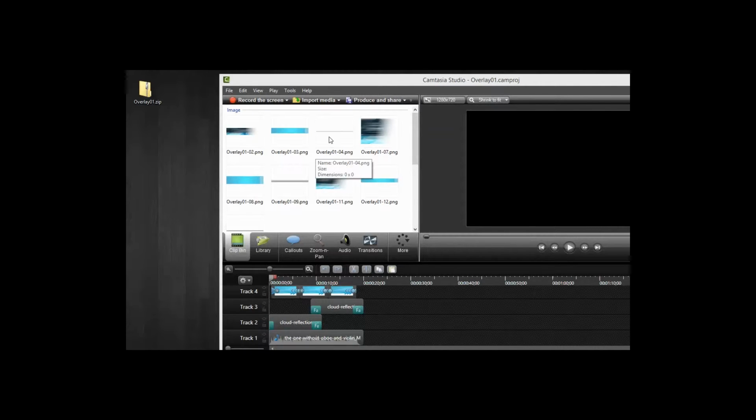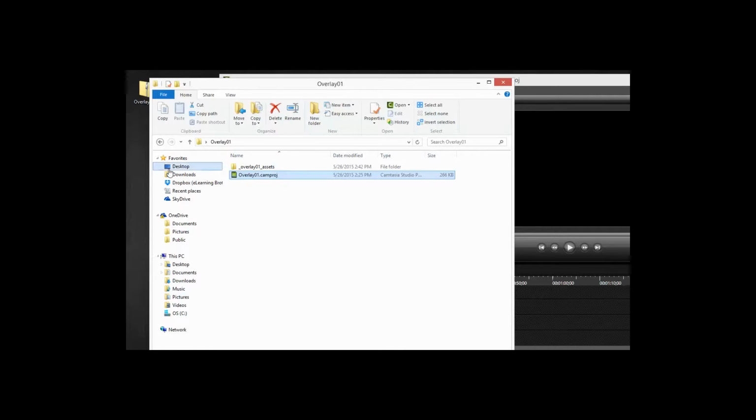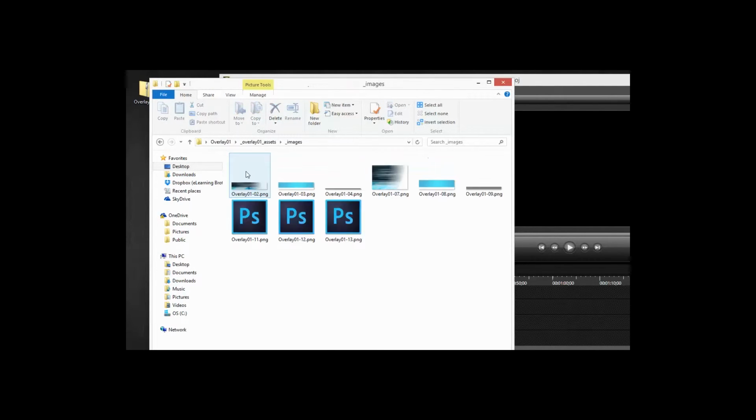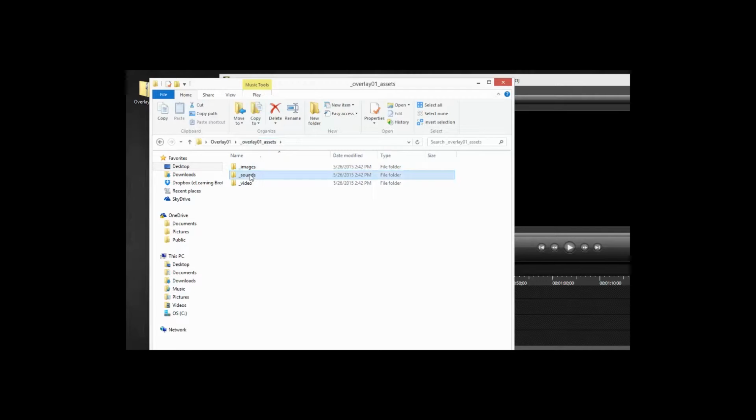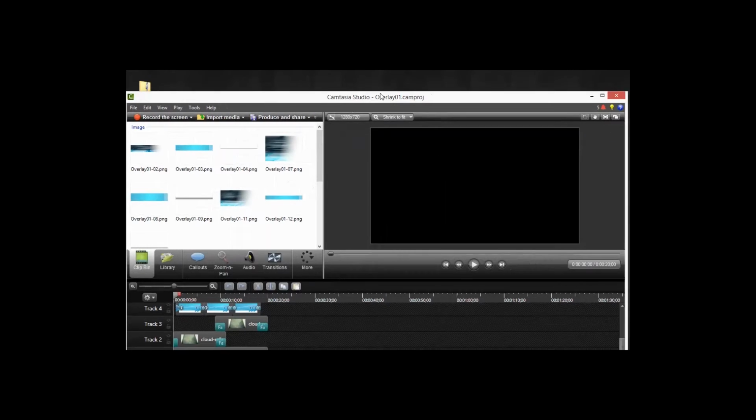Now all these other ones, like I was saying, have the same root location, all within this folder here, and in this assets folder with the images, the sounds. Everything that was in common was this overlay 01_asset. So all of it followed suit when I updated one of them, if that makes sense. Okay, so now that I have it open,